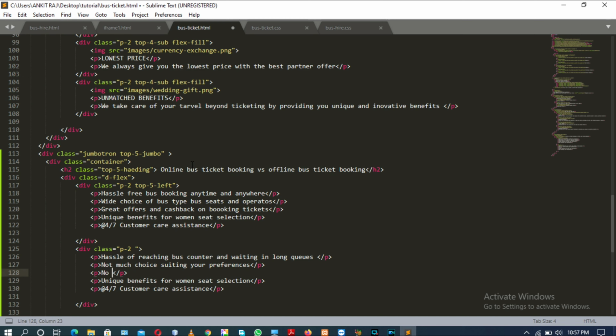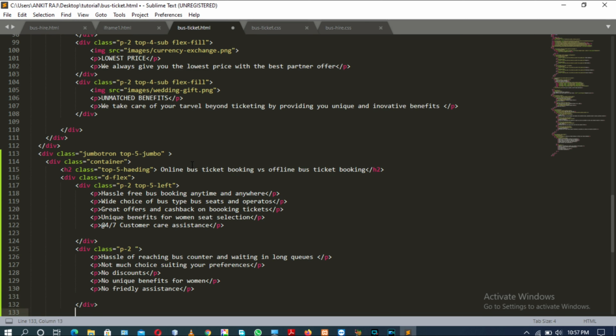The fourth content will be no unique benefits for women. And the last p tag content will be no friendly assistance. That's it for this div tag.